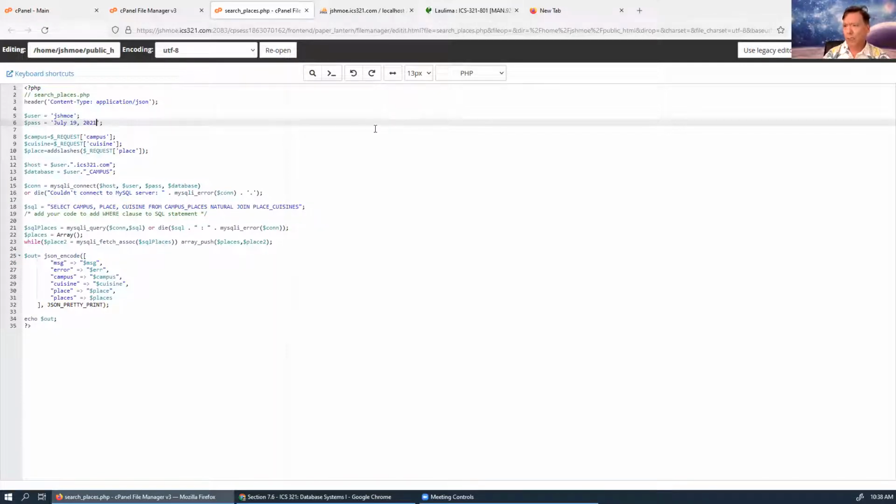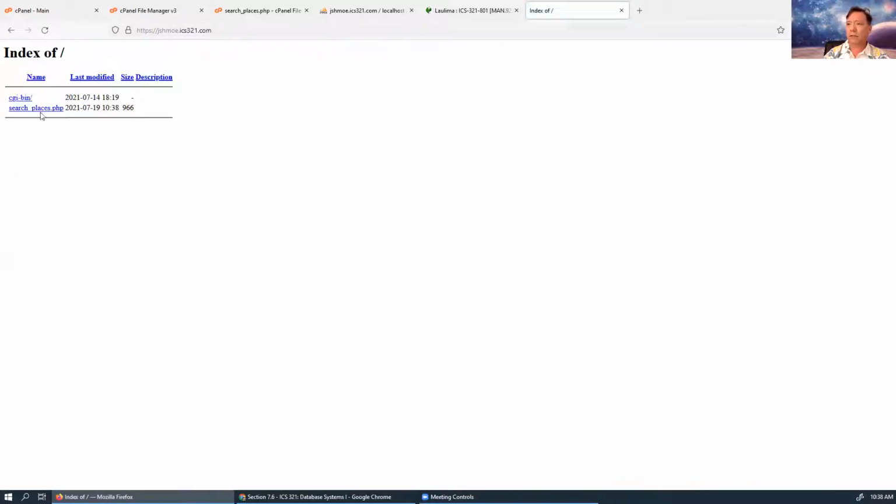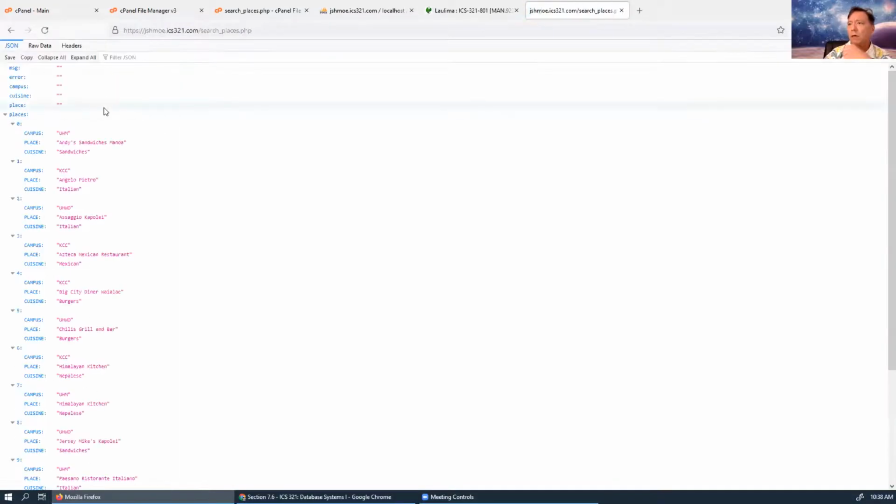Yes. Okay. I think that'll work. And so let me save this, and I'm going to go back to my Joe Schmo with no C. So now I've got search places. What happens when I click on this? Okay, here we go. It returns a JSON object, and it's got the campus parameter, the cuisine parameter,